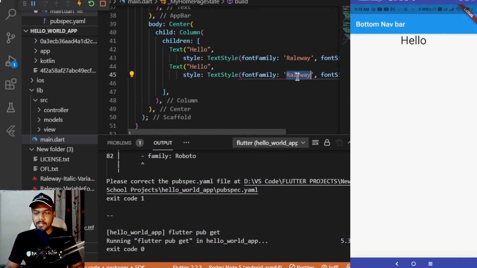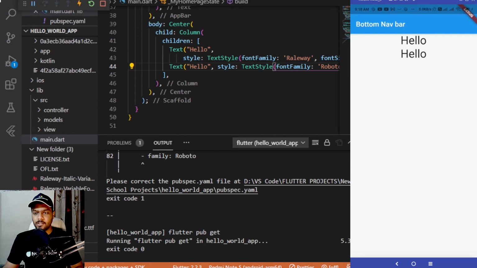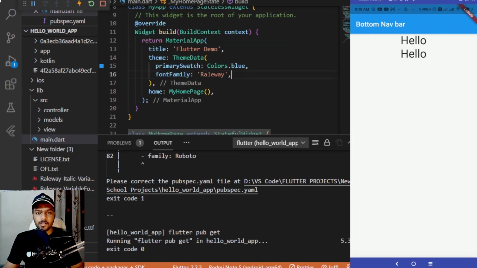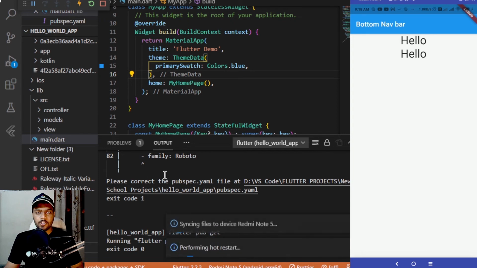And for the font family, I can change it to Roboto. Let's see if the things are changing or it is the same. And let me remove this particular thing as well, and hot restarting the app again.